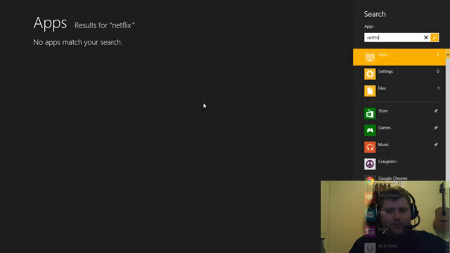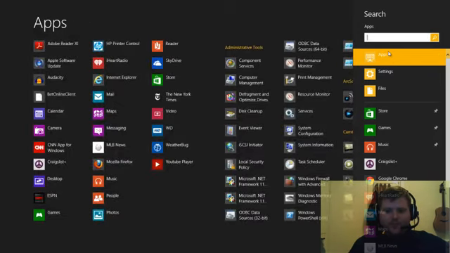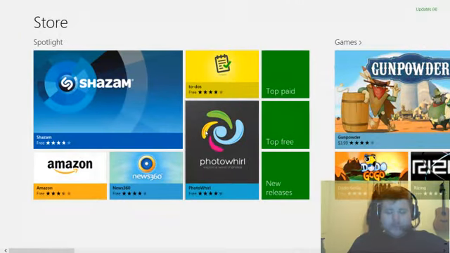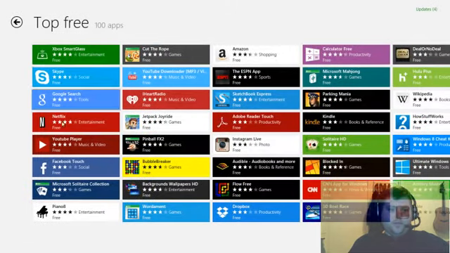Well, that's wrong, even though you're searching for an app, because those are your apps. So it's a little backwards to me, a little bit confusing. So that's something that I really don't like. Now, one thing that I do like is if we go into the top free on the Spotlight and we